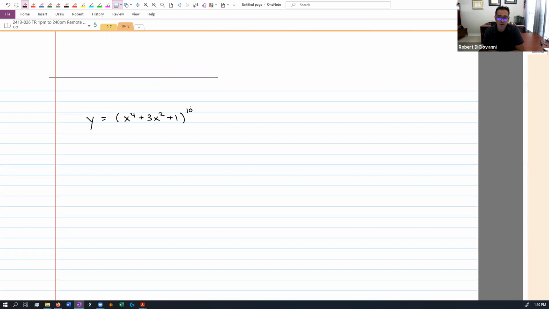So nobody here wants to multiply that out 10 times, right? So if we can see this as composition, then we would be able to use the chain rule. If you can see it as composition. So that means, can you see this as being a function inside of a function? And, let's see, we need an outer function and we need an inner function in order to do the